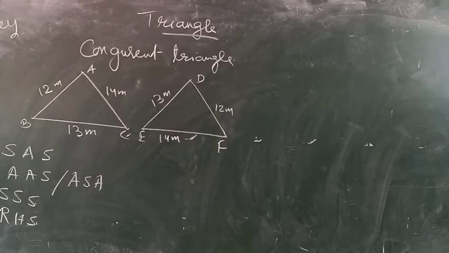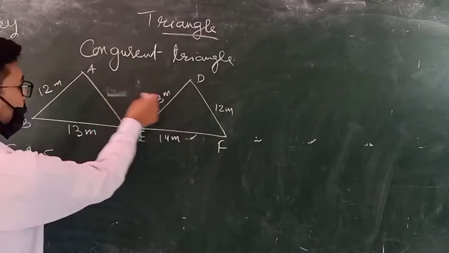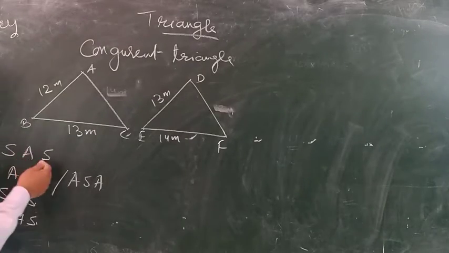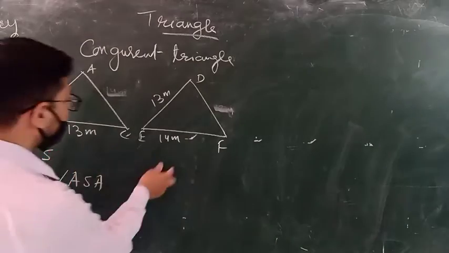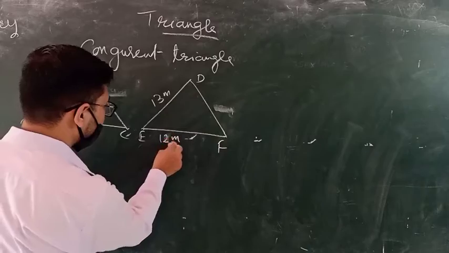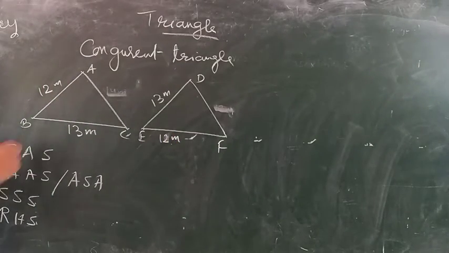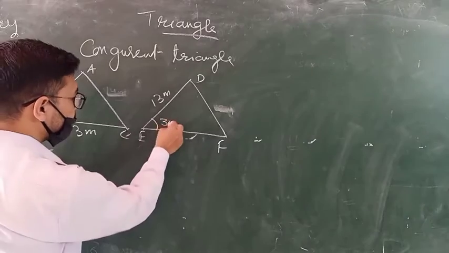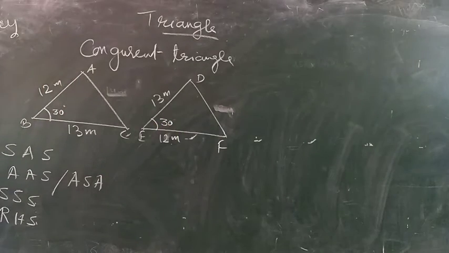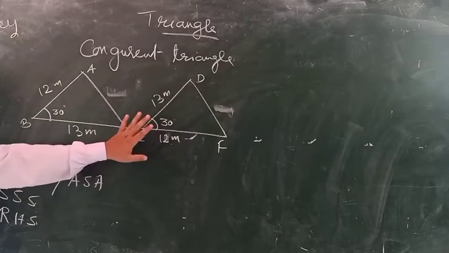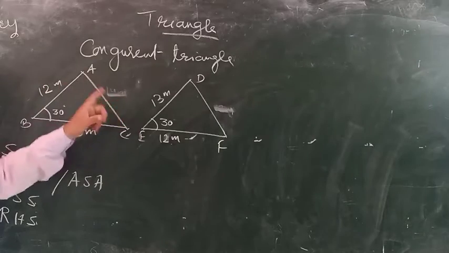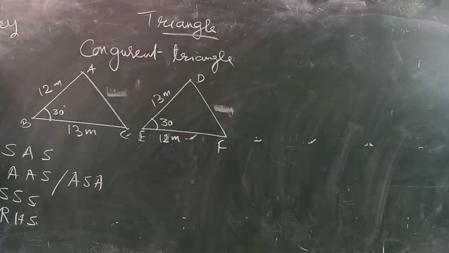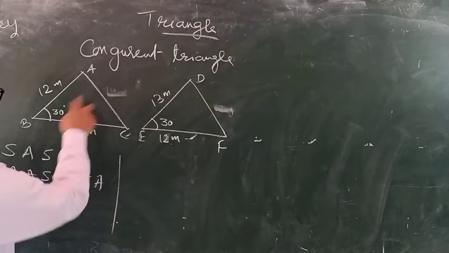Let's say I'm running this side. Now let's say I'm saying that this is 12, this is 13. Okay, let's say this is 12, and this angle, let's say, is 30 degrees. This angle is given to you. Then you can say that these two triangles are congruent because the two sides and the angle included by these two triangles are equal. So you can say that angle ABC